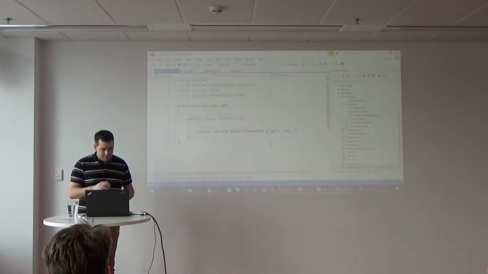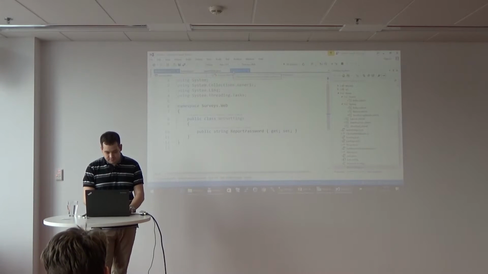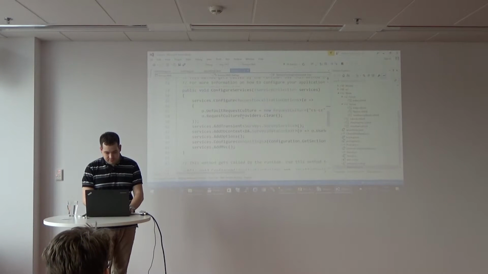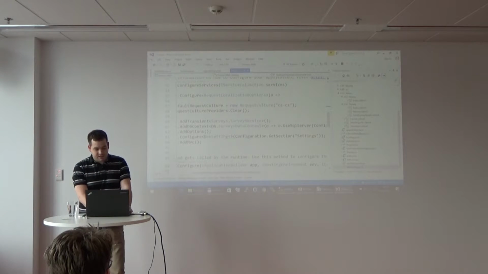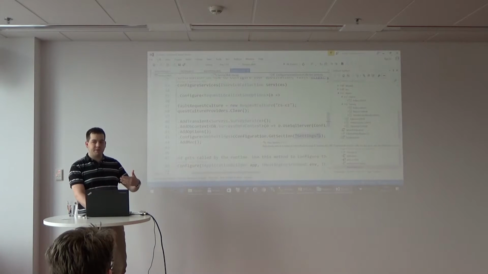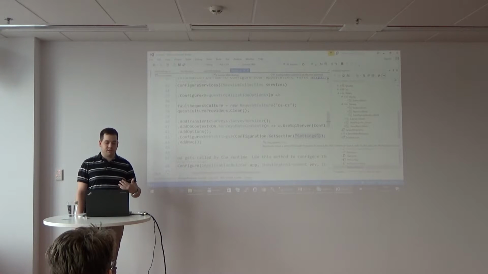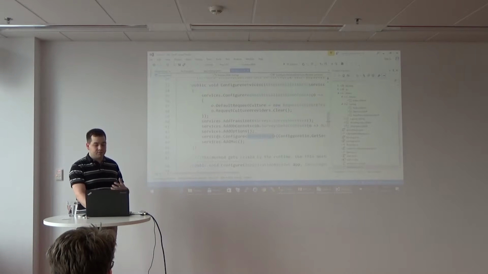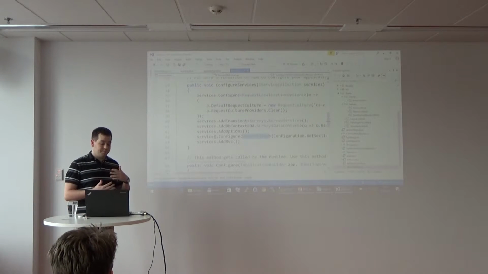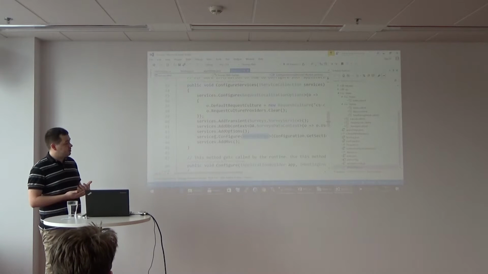And then in configuration file, I'm just telling that in configuration part settings, which is the name of the property in this settings.json, there is the web settings element, and this also registers it to dependency injection container.